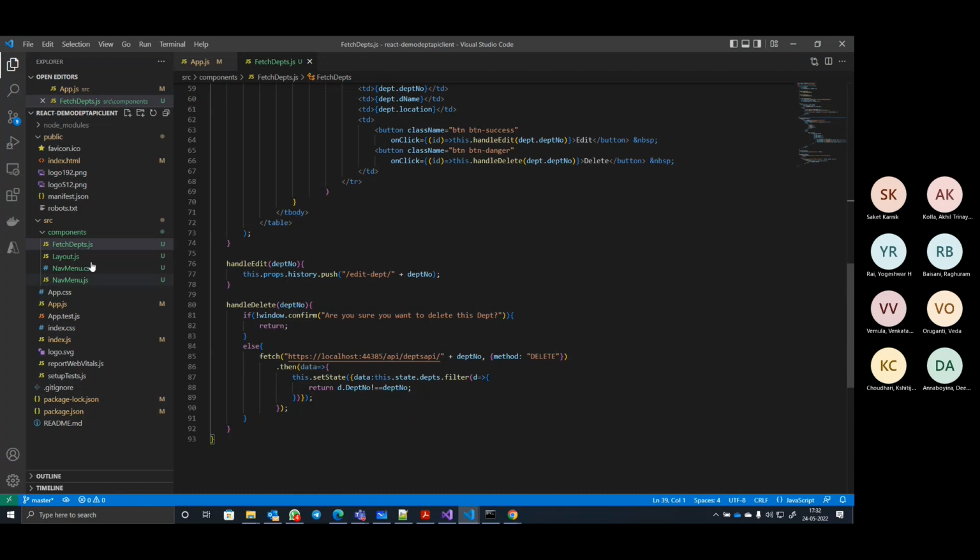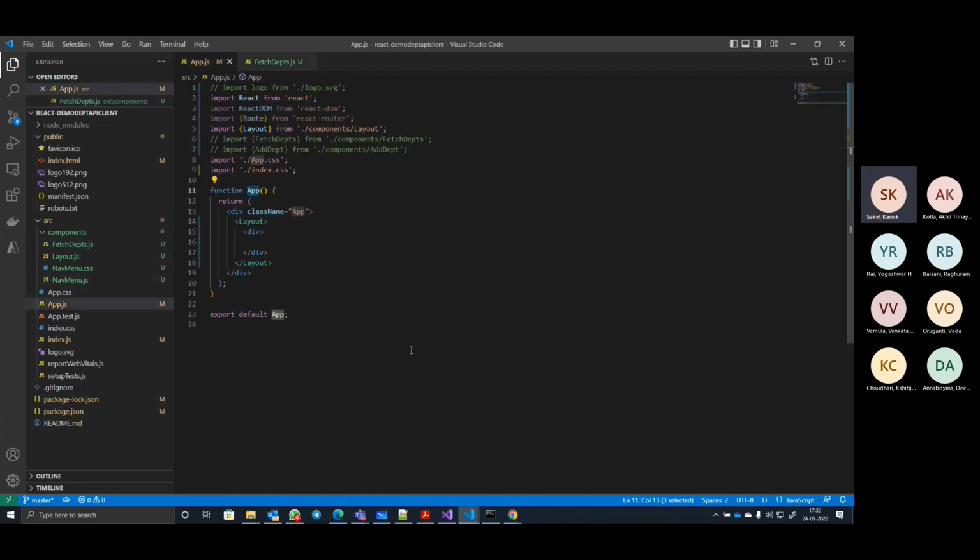Yes, Saket. Go to app.js. The changes which we require here include importing fetch departments component because now it exists. Yes. Here we create some route entries. Route exact path equals first